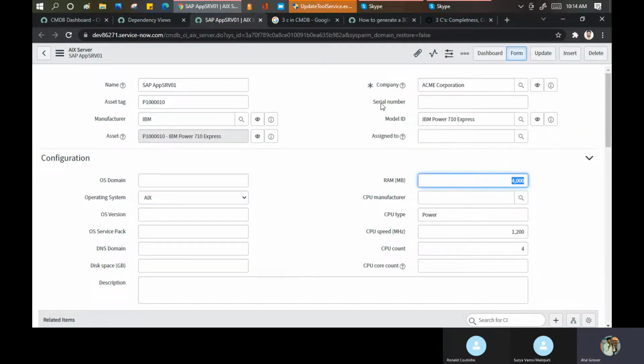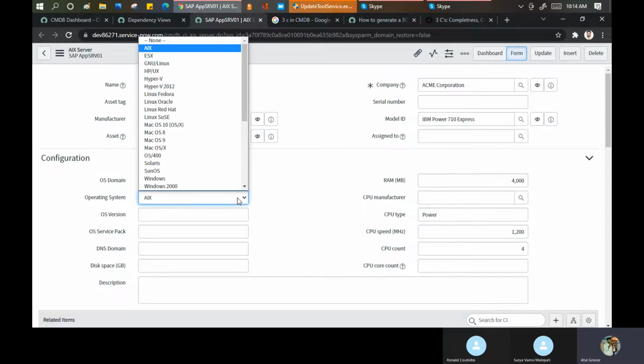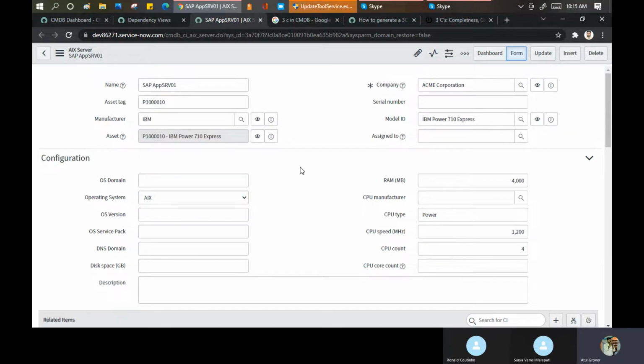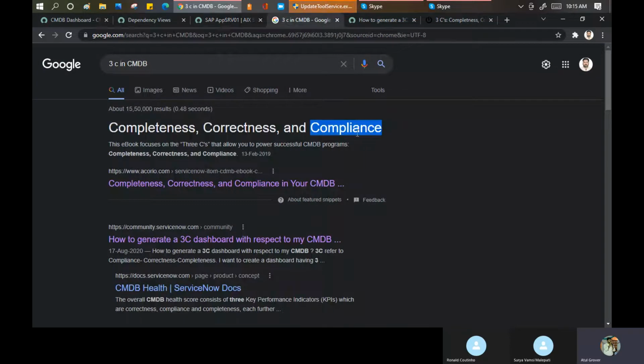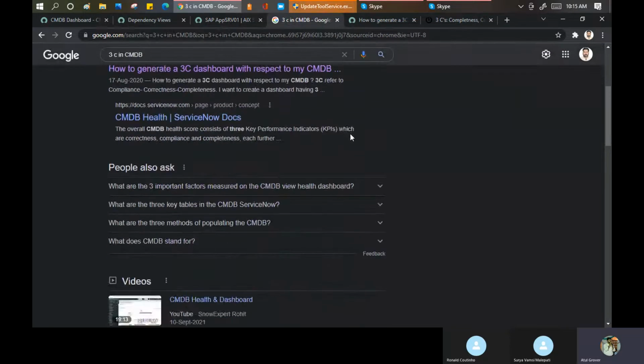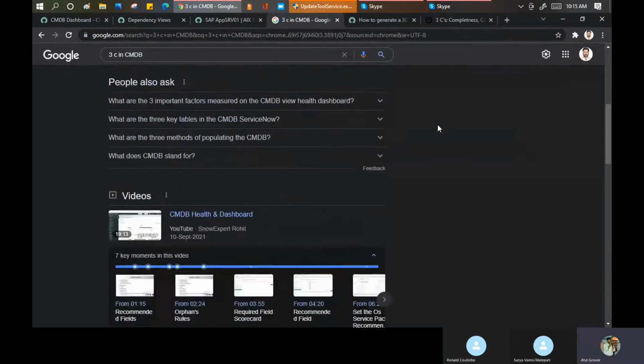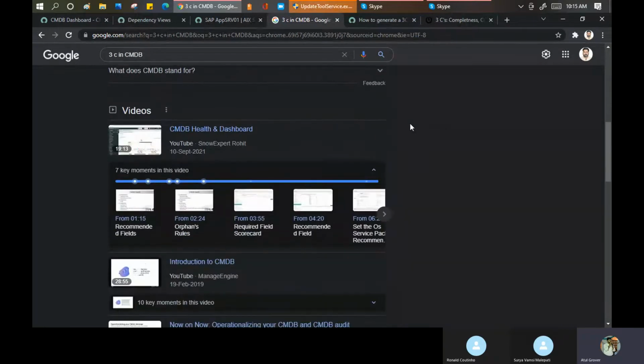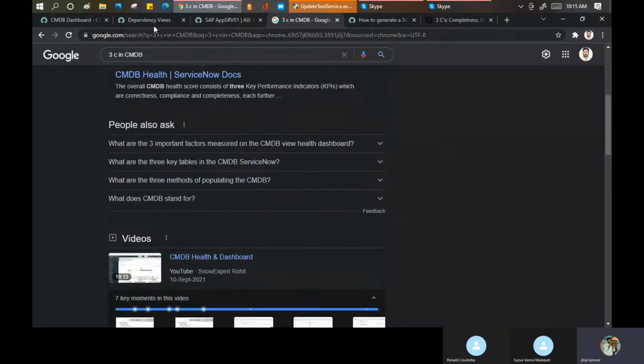Maybe in the actual server I have AIX installed, but in my data or in my papers it's showing Windows. It is not compliant. Because when the audits happen, nobody is going to see your physical system, because data centers do not allow entry so easily. They see your data only. And if your data represents wrong, then you are not compliant as per the particular instruction. Okay, so these are the main points we have to understand here.